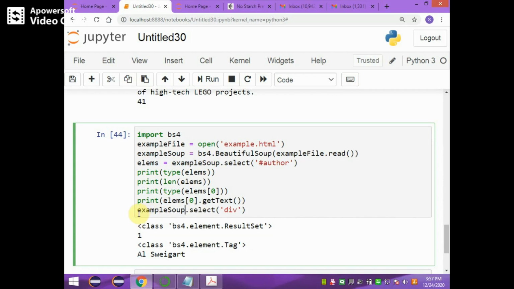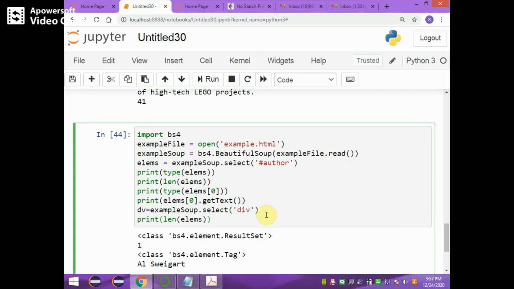Example soup dot select div, and store it in the object div. You can also print the length to check how many div tags there are. Print length of div.